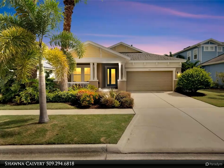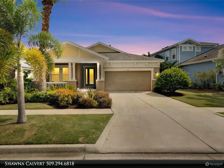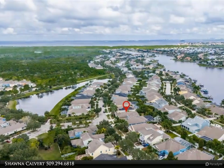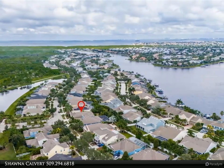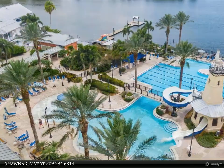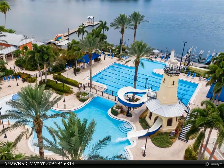Welcome to your dream home in the highly sought-after Mirabay community. This stunning Westbay-built, single-story home offers 1,969 square feet of elegant living space. The Ibis II floor plan features 4 spacious bedrooms and 2 baths with a thoughtfully designed split-bedroom layout for added